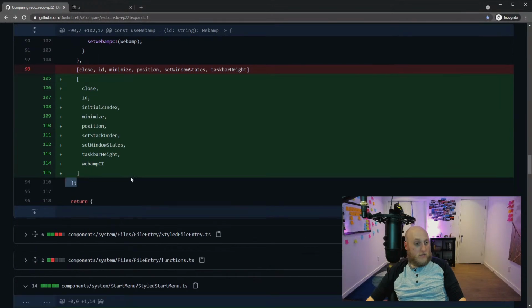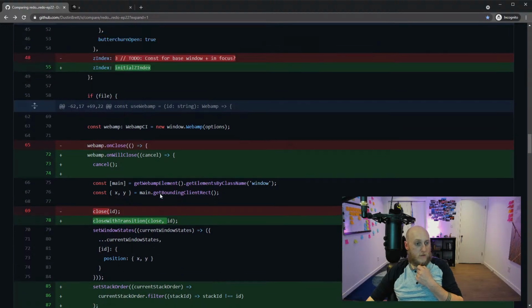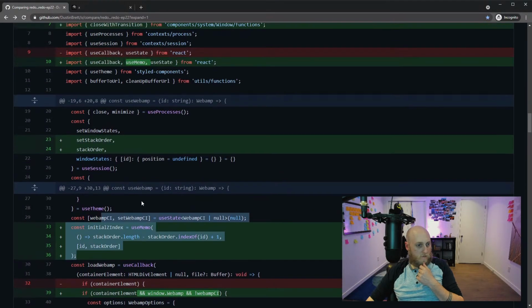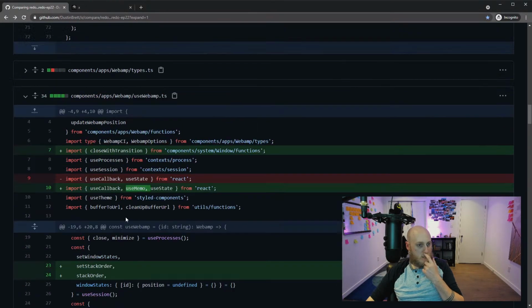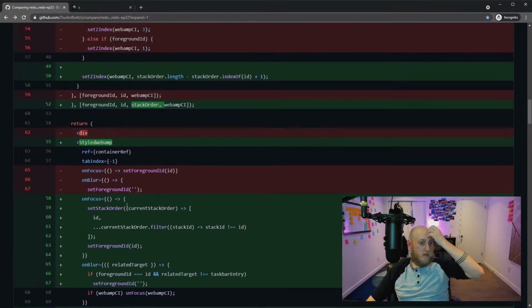Let's take a look at the code and see. So I think we did everything that was involved in Webamp. We got that piece. We decided to do this differently, so we didn't need to use Mimo. We made that slightly more efficient, I would say. That's good. And we had the blurring stuff here.